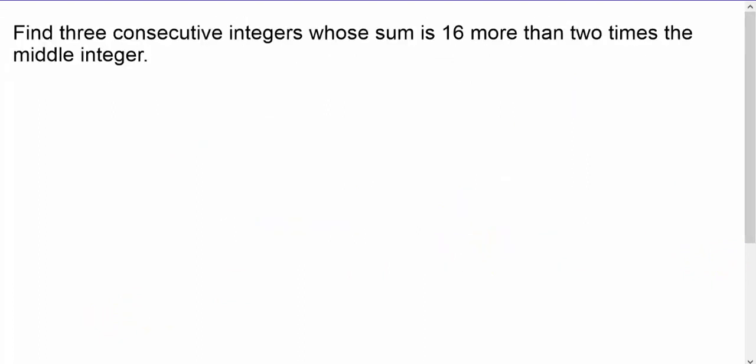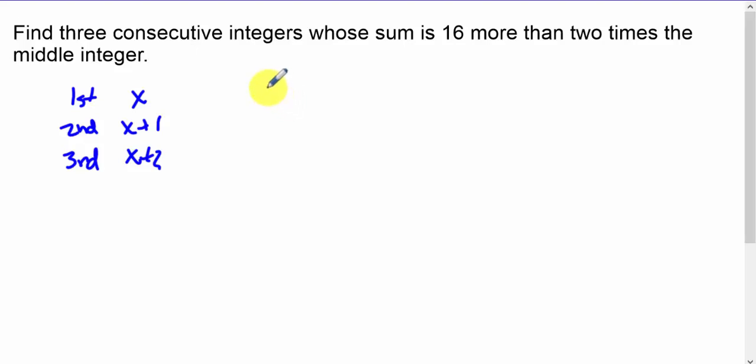Next, so here's the number comparison problem. We're talking about consecutive integers. So consecutive integers are numbers that are counting, obviously, and they come one after another. So if this is my first, and I don't know it, I'm going to call it x. My second is going to be x plus 1, and my third is x plus 2. And they say, find 3 integers whose sum is